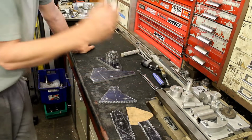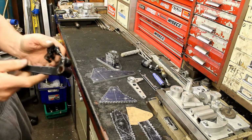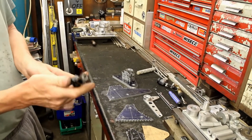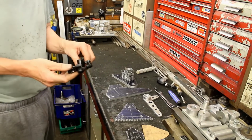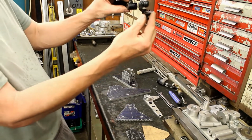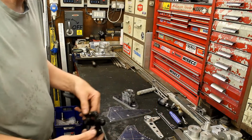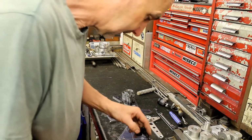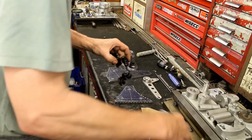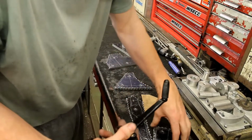I was copying it off that because they were quite long. But if we look at this here, that's a GPZ Unitrack, or I should say, it came with the Unitrack, so I'm assuming it's a Unitrack. And they're very short, aren't they? Very short, yeah. So we've got to keep that sort of ratio on the bike. Again, it's more a case of trying to replicate what the standard gear change is like, rather than trying to be clever. Basically, if we sit that on there,